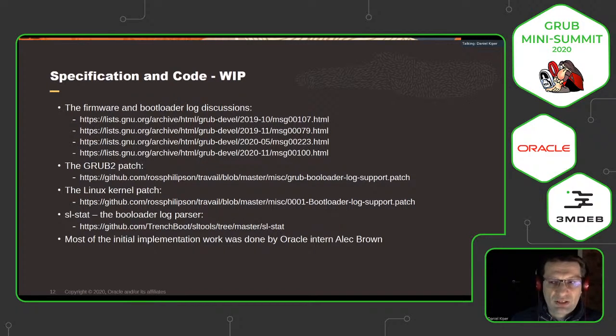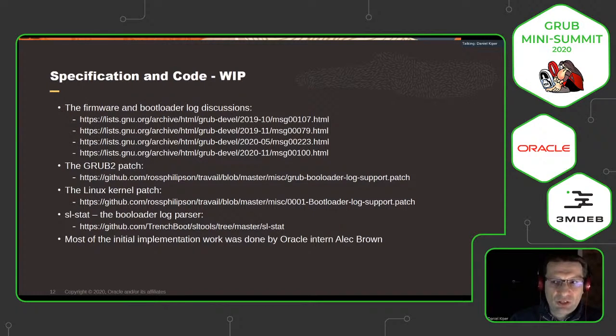We just discussed rough things, but the first version of the specification was posted by me at the end of May, and this initiated the discussion around this functionality. Later I presented something about this during the Linux Plumbers conference. And last week I took all the comments which I got on the mailing list,